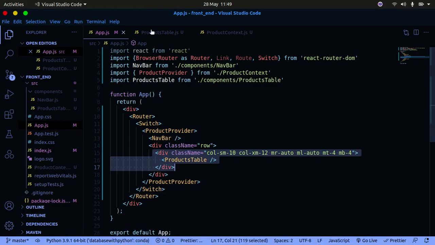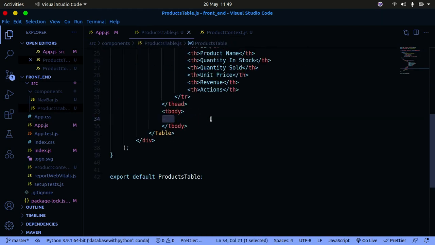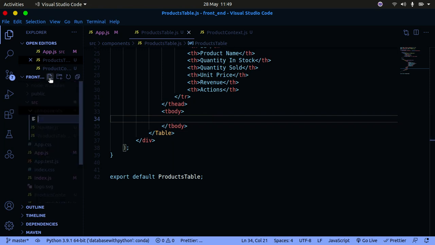So what we need to do is go back to the products table. You can see here that the body of the table has nothing. So we want to use the map function to list out all the things that we want to be displaying in there. We need to create another component called table product row, which is going to be the different rows within our table. Or you can just call it product instead. I'm going to go to my components and create a file here, and call it products